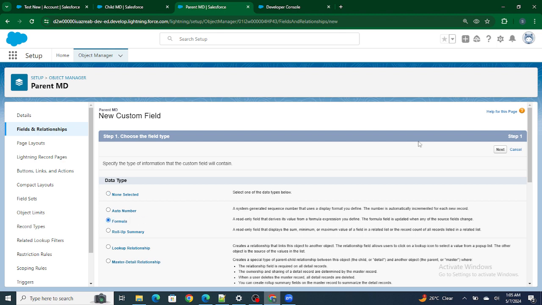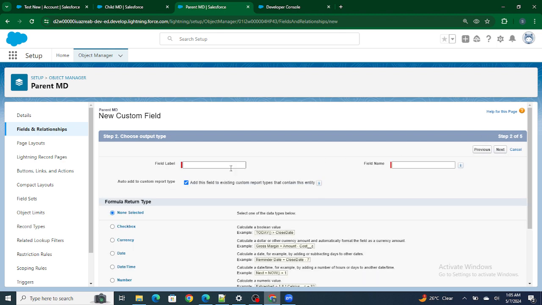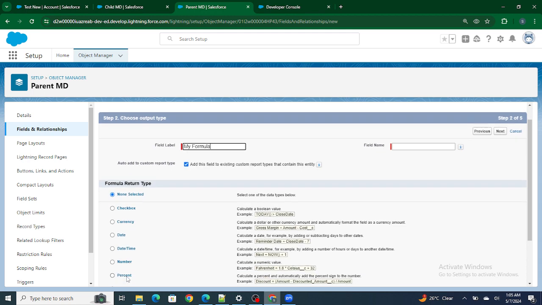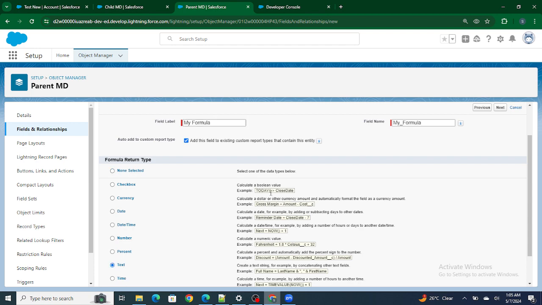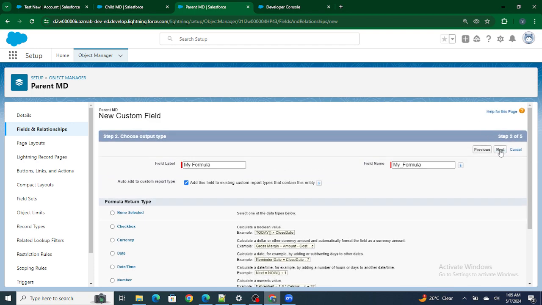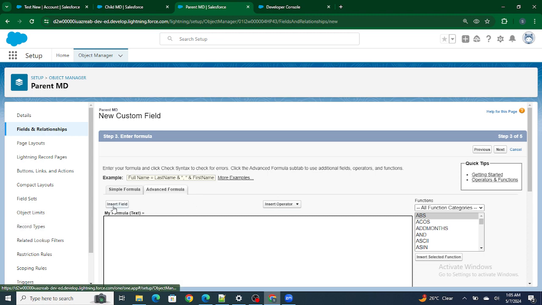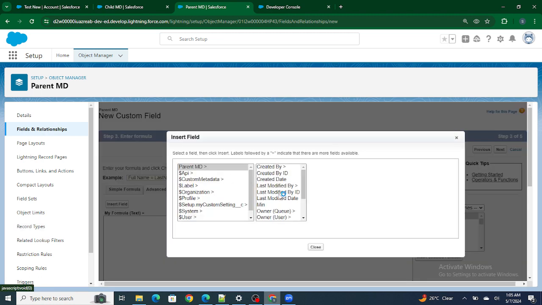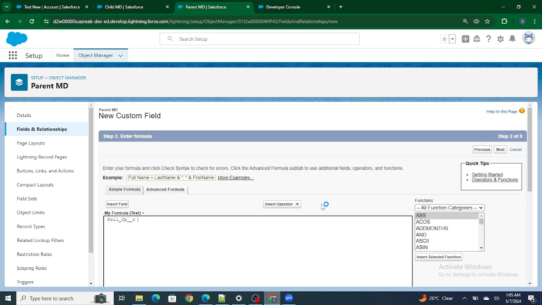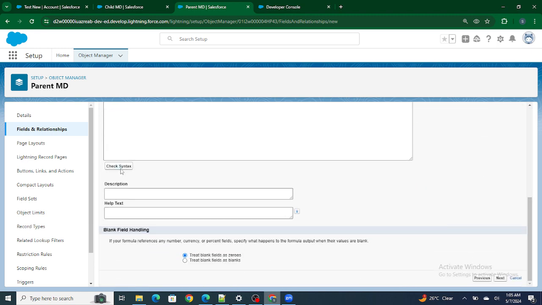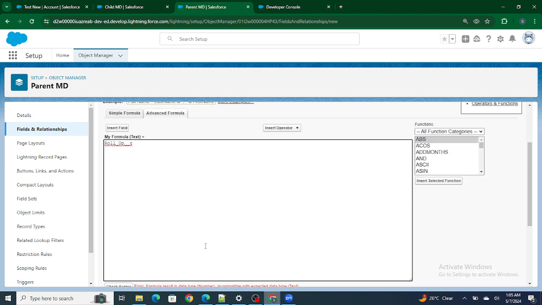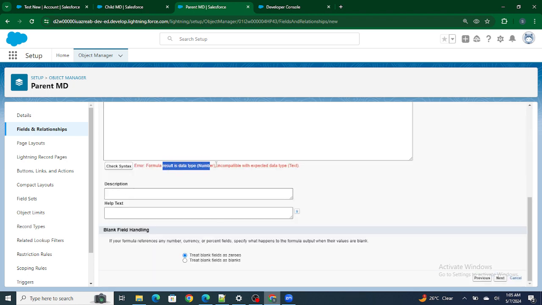Formula, next. My formula, I'm going to keep it as text. Let's click on next. Let's see, can we use the roll-up summary field in the formula or not. So you can see data type is number.